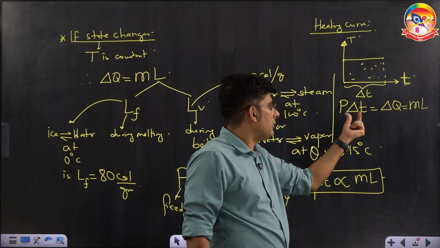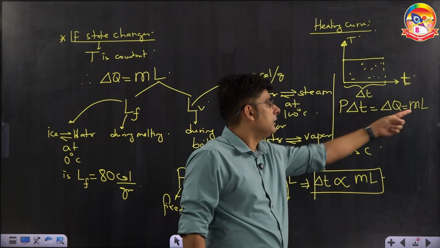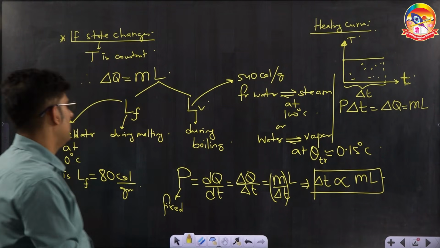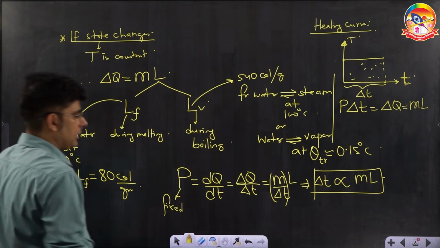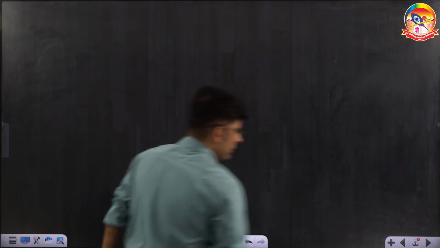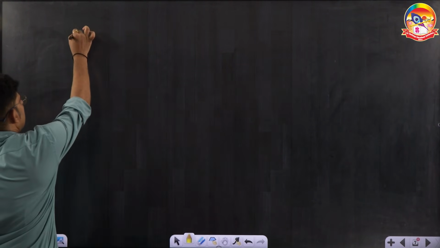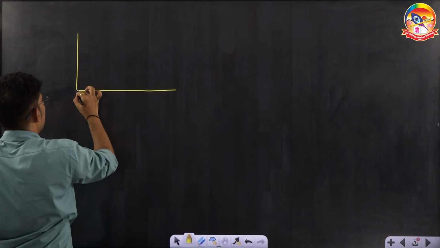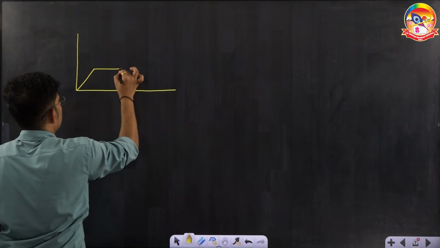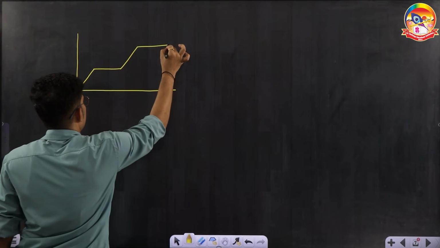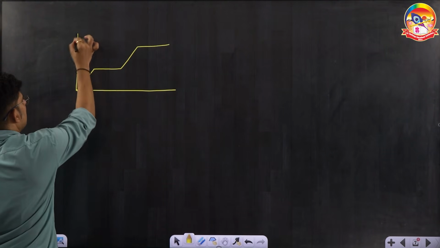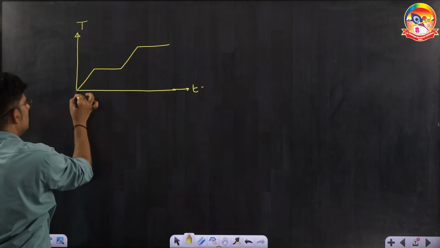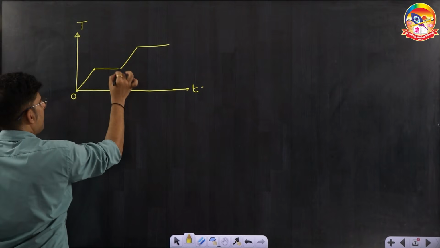Just see the times. Whichever has more time will have more latent heat, provided the masses are the same. Okay, so here these are two important things. One quick question we can take from here so that you understand the difference between the two. Suppose we have a substance which is undergoing temperature change, and